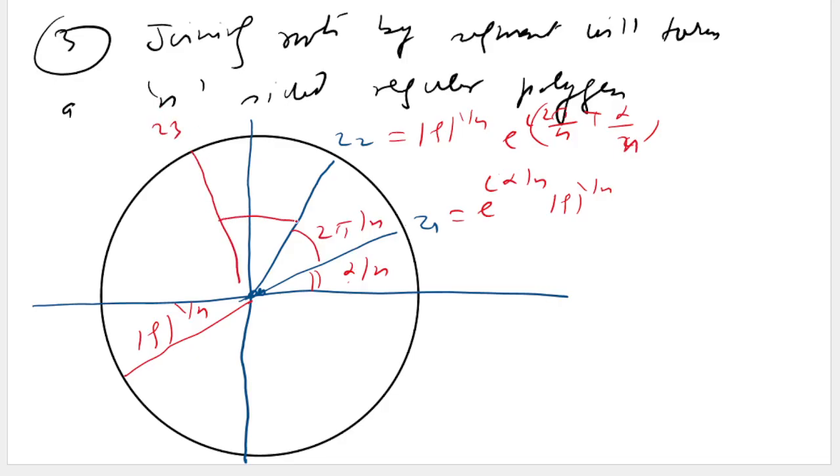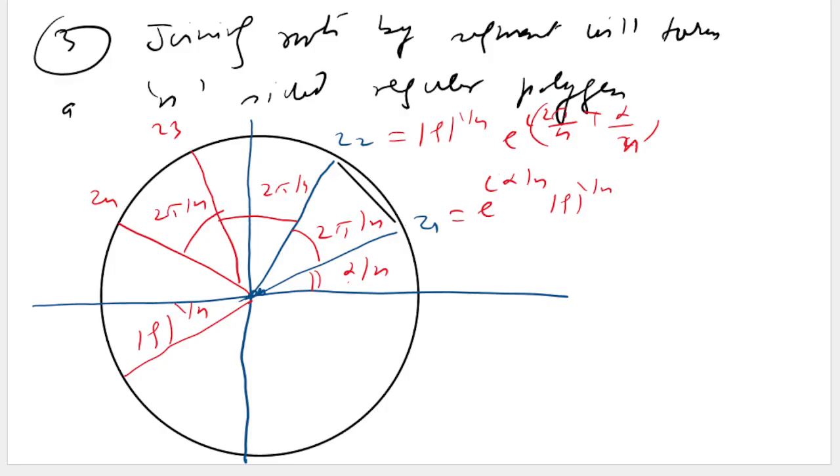Again, this is also 2π/n. Somewhere is, let's say, z4. This again is 2π/n. So all the angles are equidistant. So if we join these roots, so let's say this